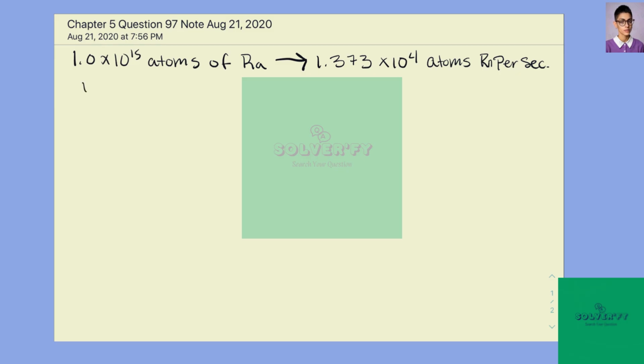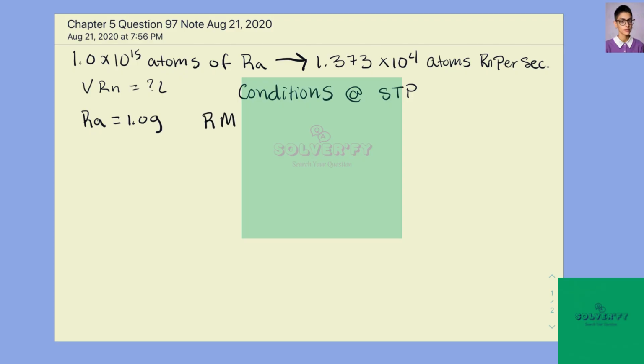So for this question, we're looking for the volume of radon, and we want that in liters. And it says that the conditions for this reaction are at standard temperature and pressure. And they gave us the mass of radium, which is equal to 1.0 grams. And we also know that the molar mass, we'll abbreviate that RAMM, is equal to